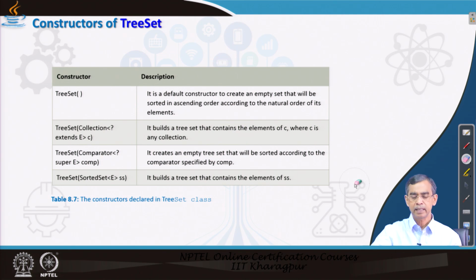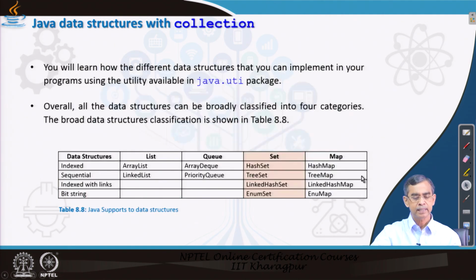So, these are the constructors that are there in the tree set, and a few classes. These are the different methods, interfaces and collections so far as the set collection is concerned. Now, in summary, we can say that a set can be maintained using either hash set, linked hash set or tree set,